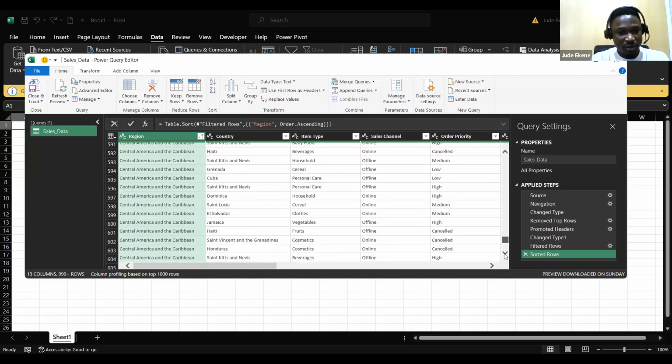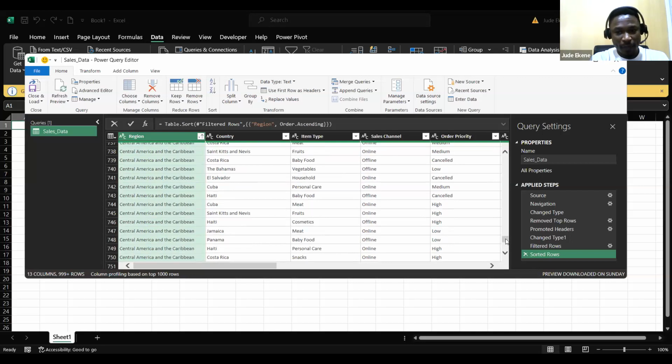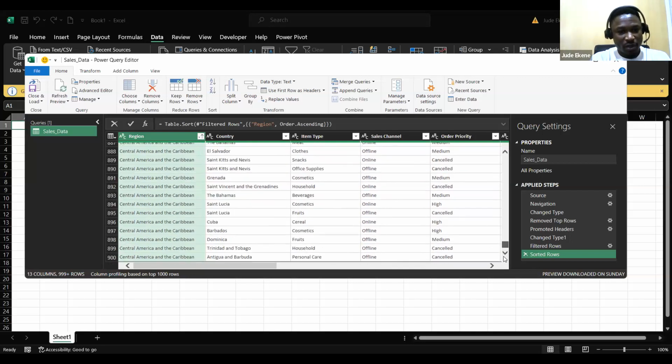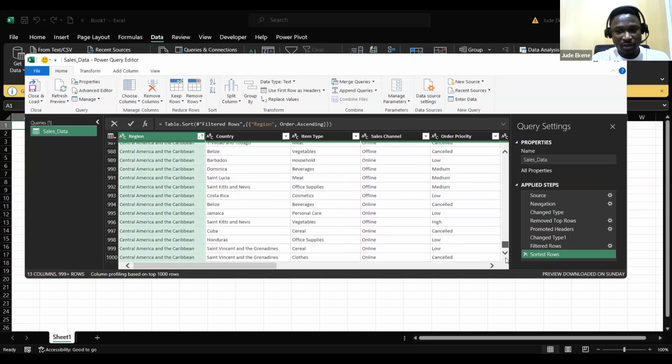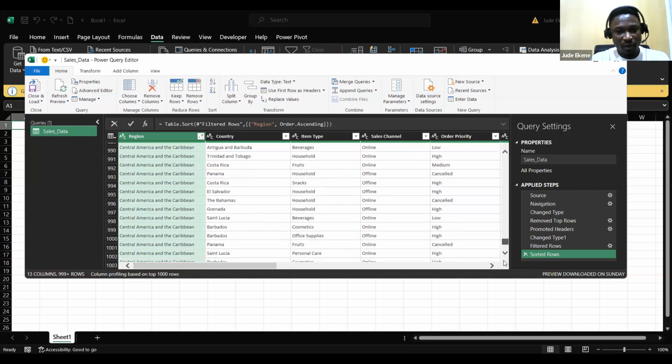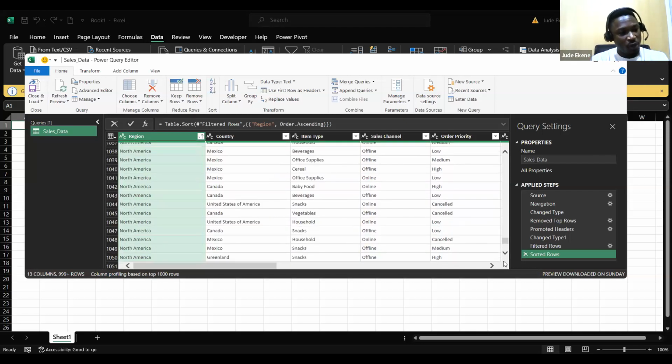Still loading the data. So sometimes, a few times, and then it's going to finish. Yeah, so you see below Central America, I start to have data from North America because I said sort it for me when you finish. And if you look at my data at the moment, if you look on top of the region,